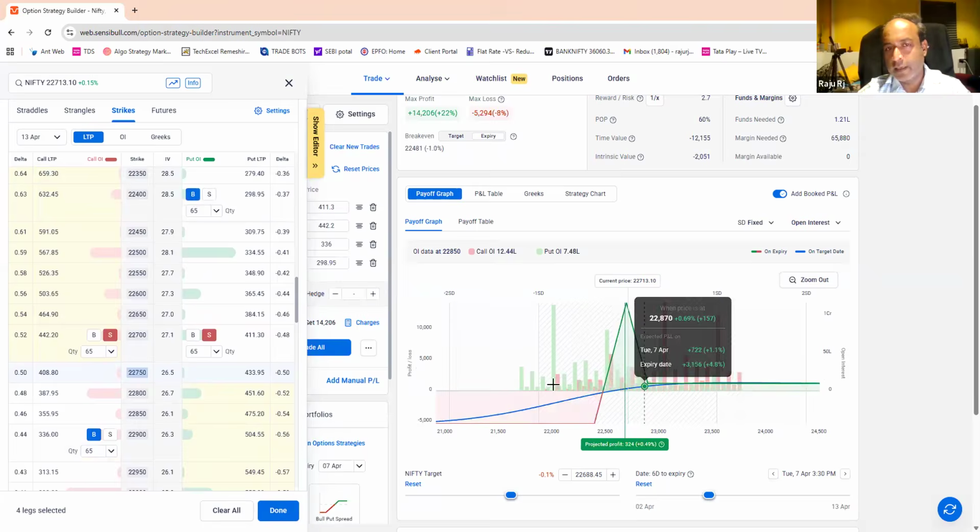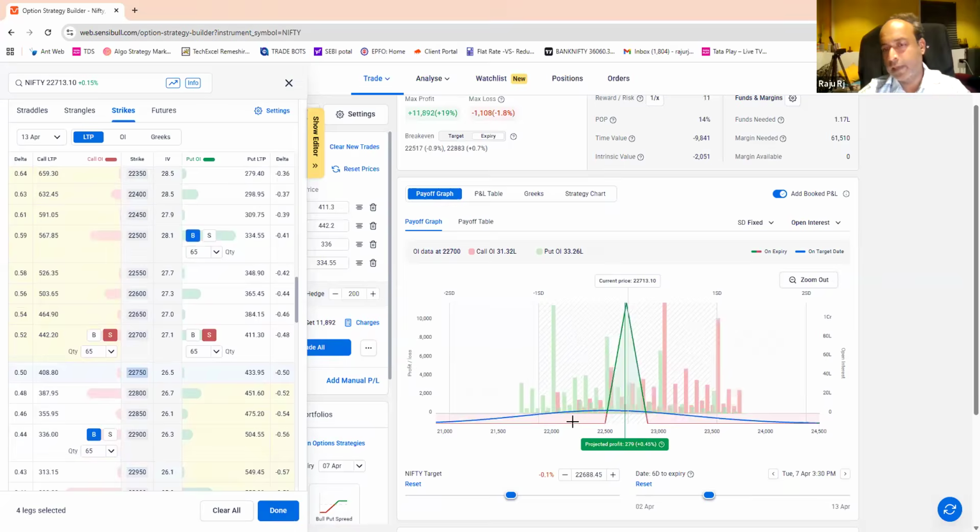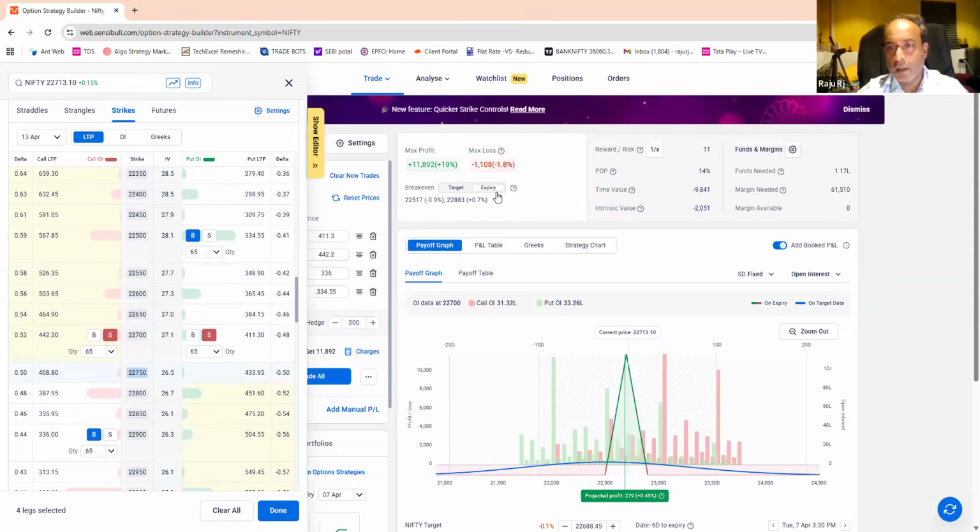If you design it in this way, usually it happens in this way. This is whenever there is a sharp, knife-like sharp edge. 1,000 rupees is the risk here, and the reward is 11,800 if it is closing between 0.9 and 0.7. So iron fly